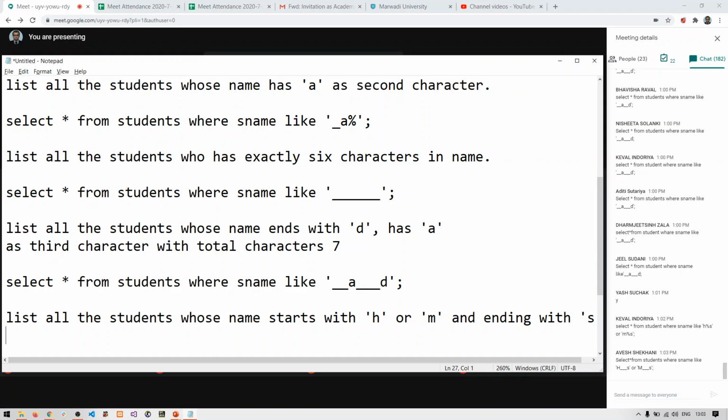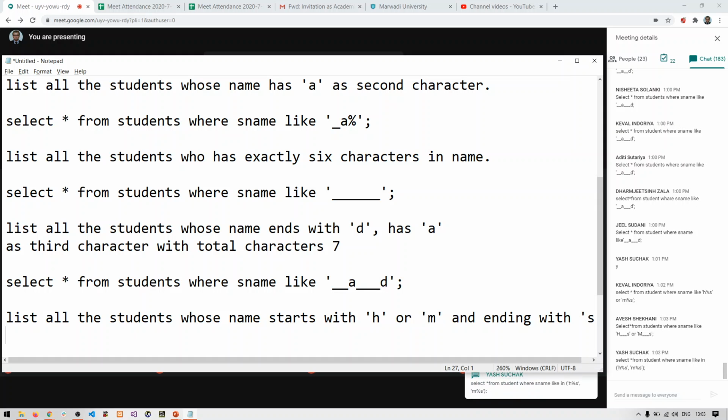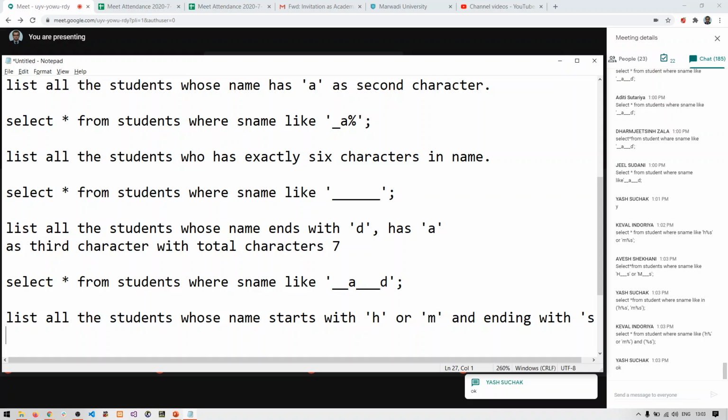Avesh, the answer is incorrect because there is no specific length of characters given here. See properly. Yash, we cannot use in with like operator. We cannot use in with like operator. Keval, again the answer is incorrect.